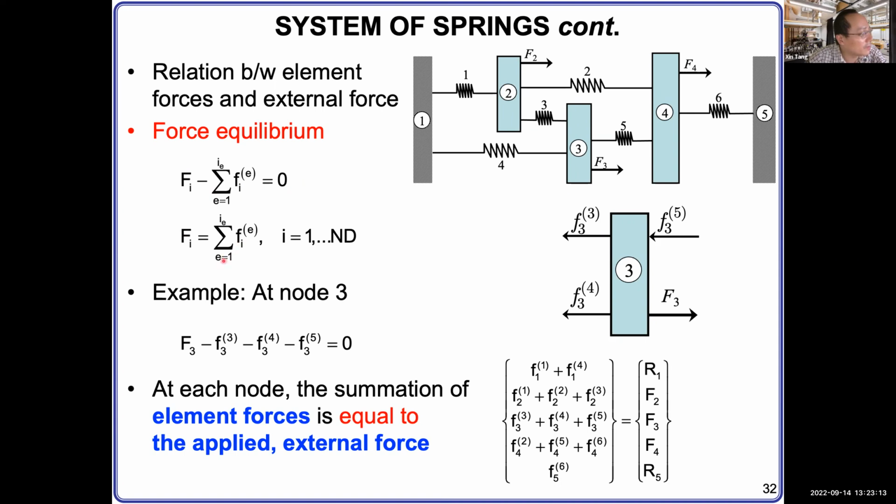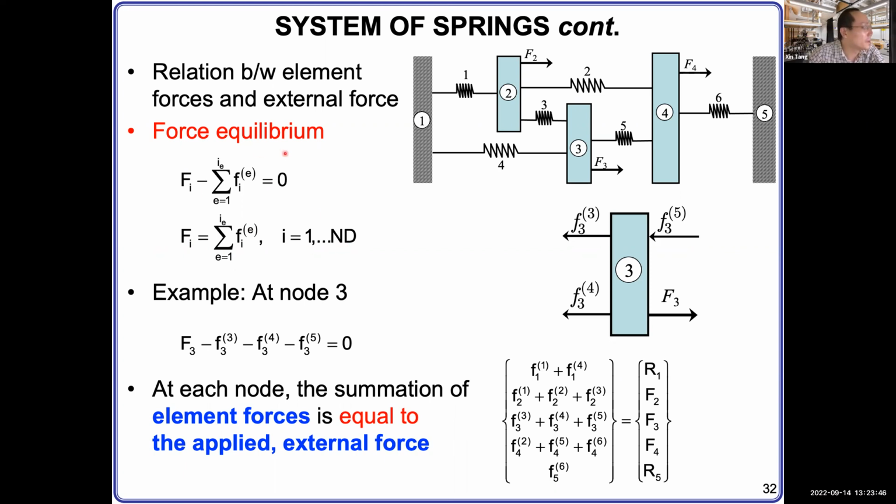Here, the i means the node i, because we are talking about the specific node i, right? And the e is a spring. On that node, there are multiple springs. This e is from 1 to Ie. This Ie is the spring number, and this i is the node number for every node.